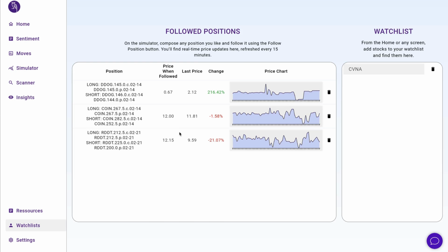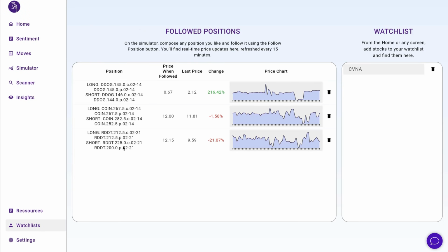So here let's start by reviewing some positions that were followed on our Earnings Watcher platform, where we can compose, as we'll see in a minute, any position and follow its real-time price. This is an example of a conservative approach to playing earnings, meaning that, as we mentioned, this data analysis allows us to calibrate and know what we're getting into. We chose to follow a conservative approach with these long volatility positions on last week's earnings, with a low max loss.